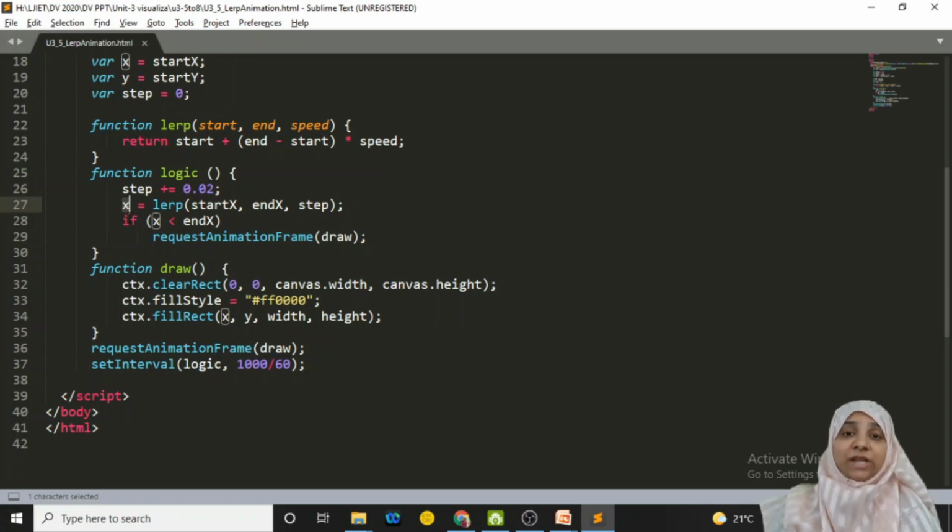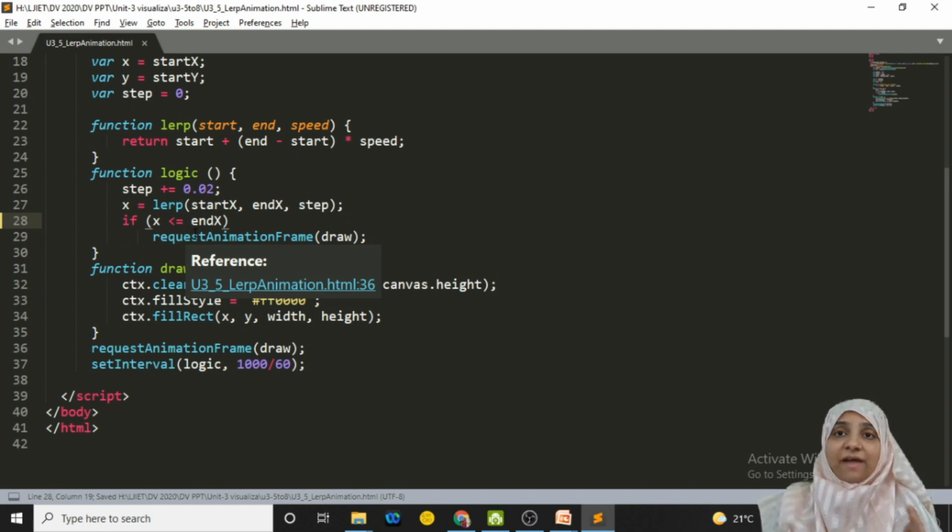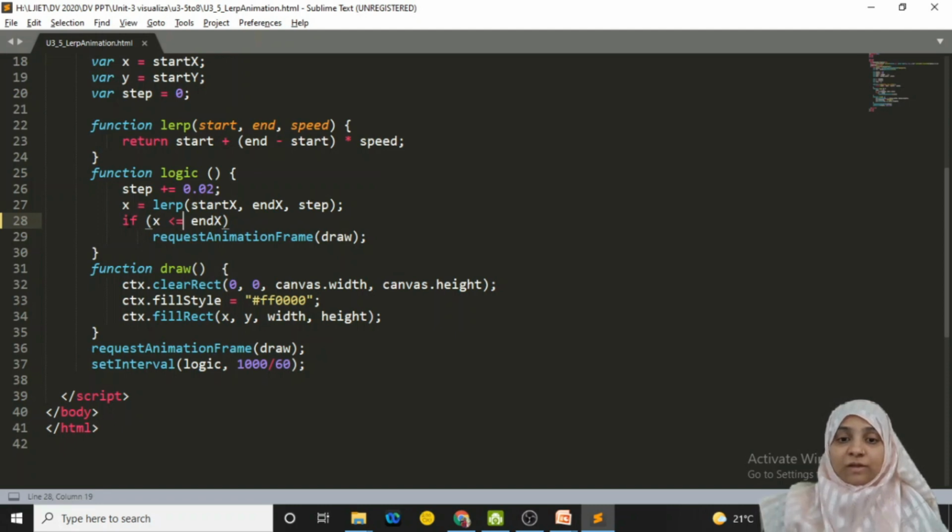Now we are calculating the new x value depending upon this updated step value. See here, step is equal to step plus 0.02 is the line. Okay, so step is updated. According to this step, if start and end are fixed, I can obviously calculate the new x value. If my newly calculated x is less than end x, I can write less than or equal to, or I can simply write less than. That means I have to move my x only up to the location end x, not more than that. So whenever this condition is true, we are calling